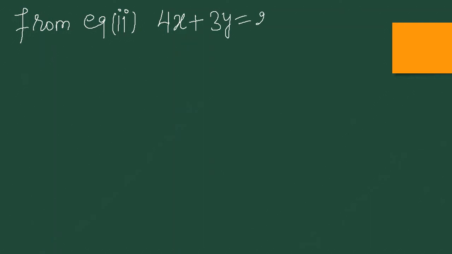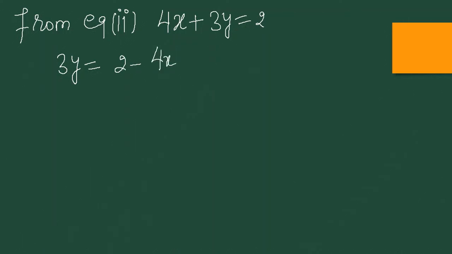So students, now we'll take the second equation. So I'll write here from the second equation. I hope you are noting down the second equation. So I am writing here equation number 2. The equation number 2 was 4x plus 3y is equal to 2. Okay, so I will convert this equation in that form, so it will be easy. So I'm writing here 3y same, then 2 minus 4x.